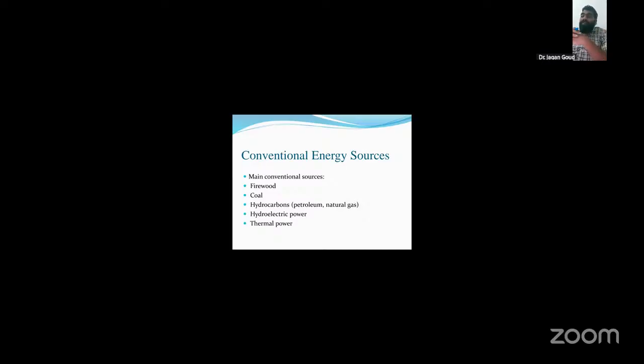Okay. Thermal power stations. Thermal power means electricity produced by burning fossil fuels like coal, oil, or gas to generate steam, which drives turbines. The merits are continuous reliable power supply, well-established technology, and suitable for large-scale generation. But some demerits are there: high greenhouse gas emissions coming from thermal power stations, air pollution and ash disposal issues, and dependence on fossil fuels.